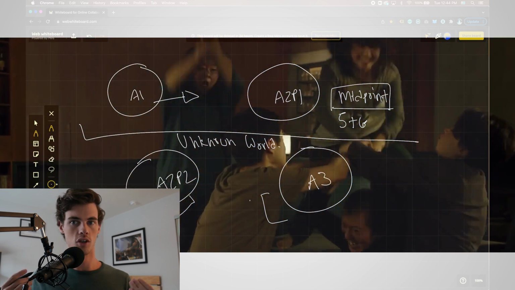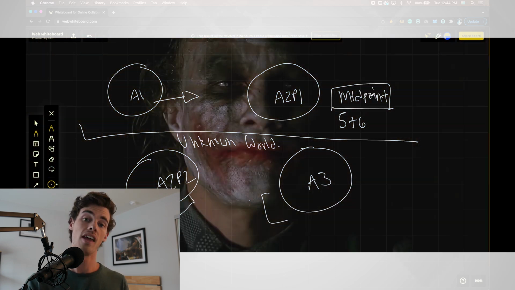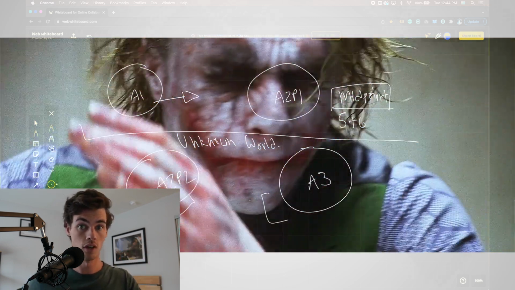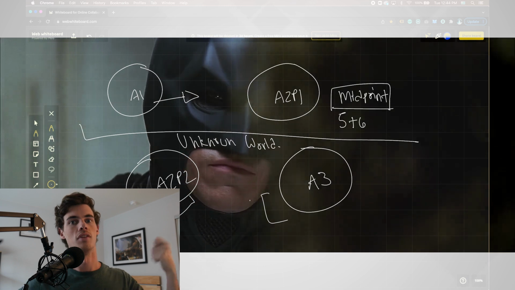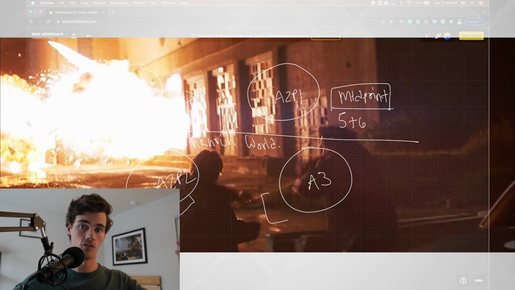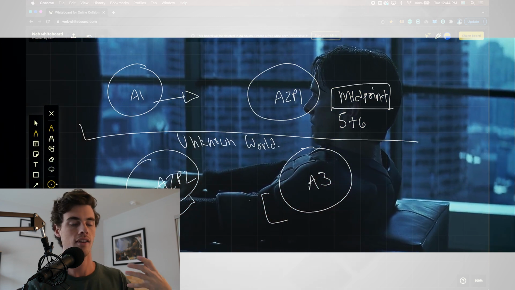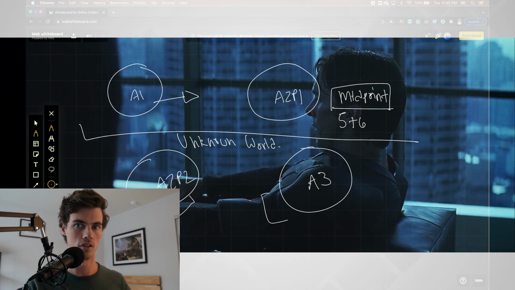Same thing for The Dark Knight. Batman is trying to just take down the Joker, and then when the Joker is captured, it seems like everything is going to be fine. But then the Joker has already planned for this. Rachel dies, and this sends Batman into the unknown world, right? The person closest to him in his life has now been killed, and he does not know what to do.